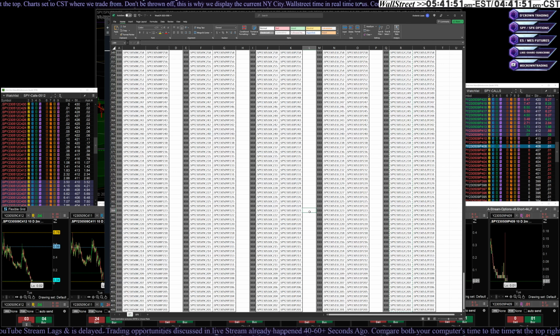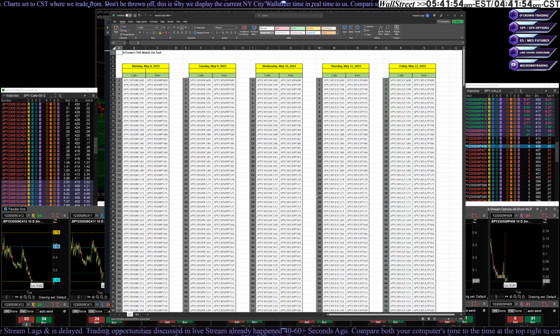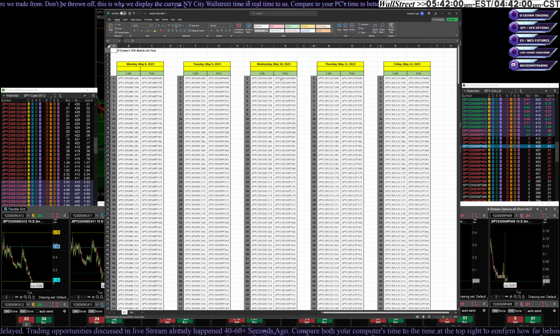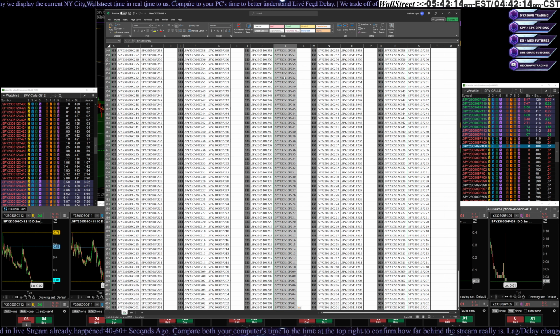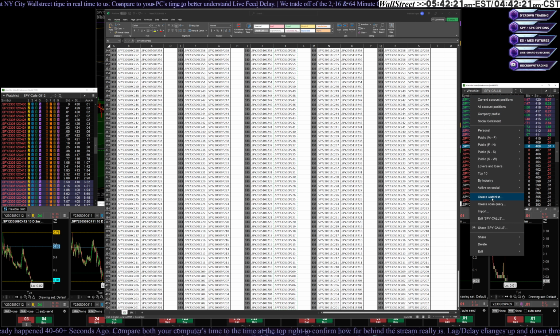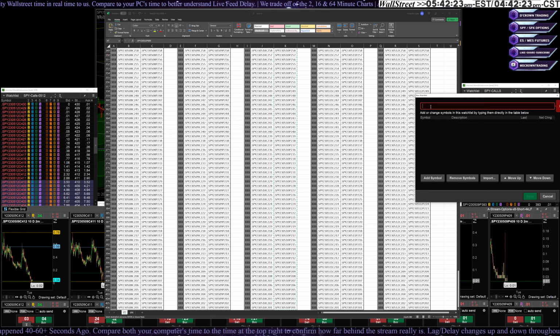Then let's go ahead and do the puts up at the top. Control Home to get to the top of the spreadsheet. Then I'm going to click on the topmost put for Wednesday because tomorrow is Wednesday. Today we finished Tuesday, so I just need Wednesday, Thursday, and Friday. So I'm going to click on this first one here, Control Shift down, Control C, come over to this side, create watch list, and I'm going to type in